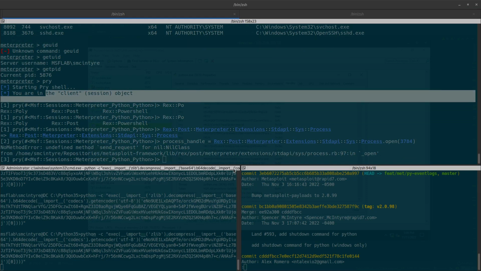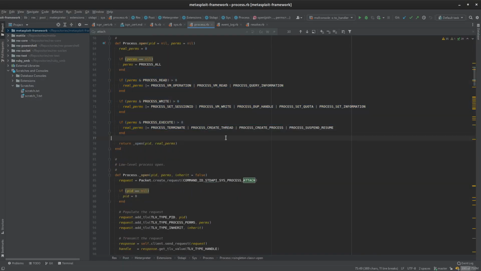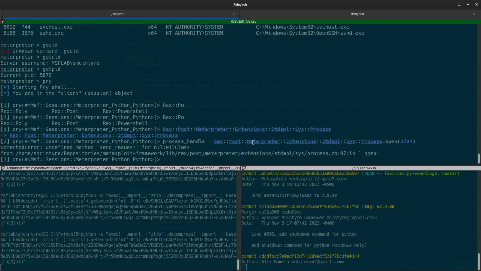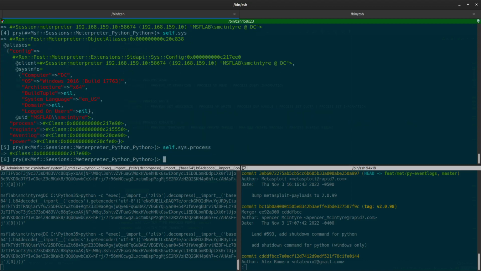And it did not. Okay, undefined method send_request. Self. I forgot the way this is actually implemented. You actually have to do it